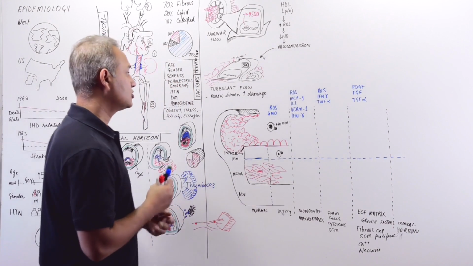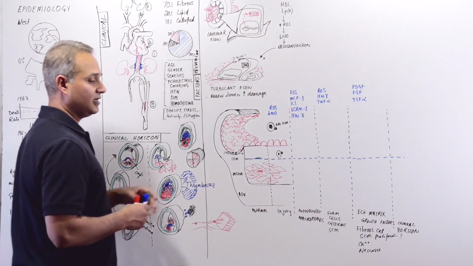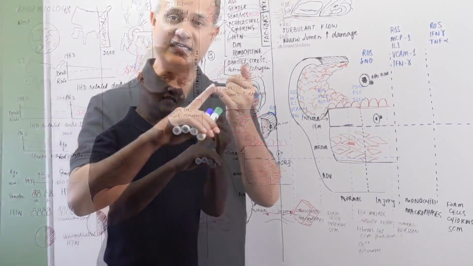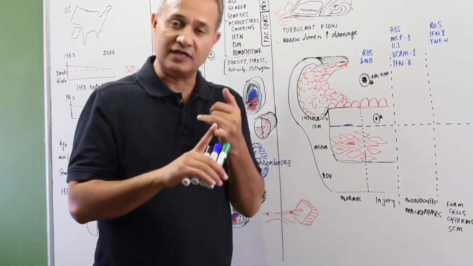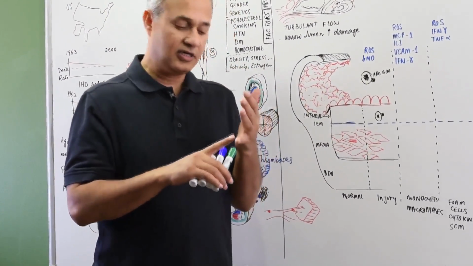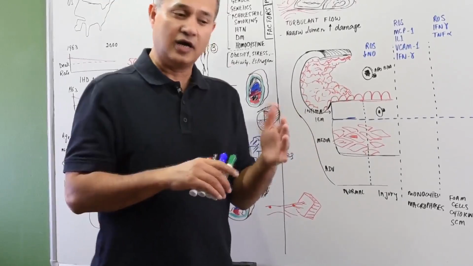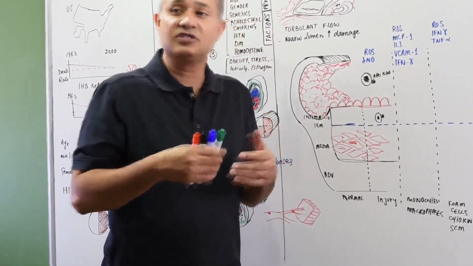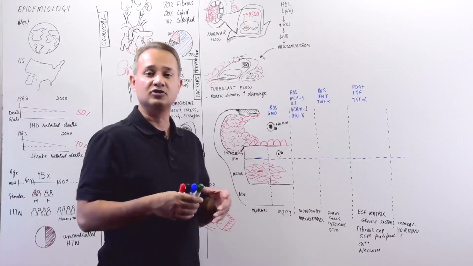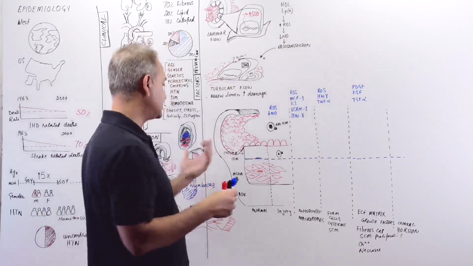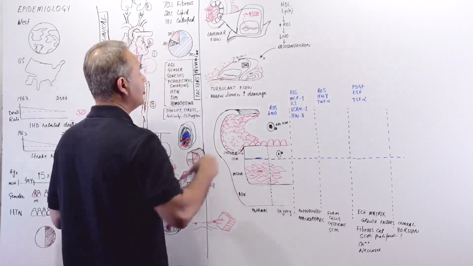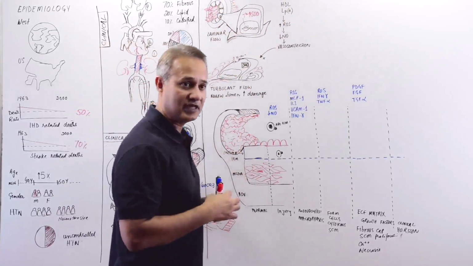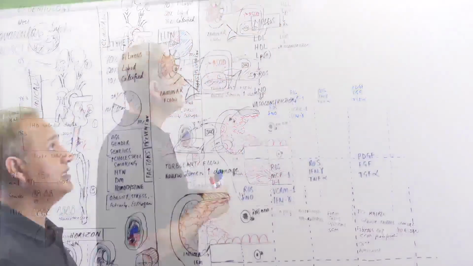Alright, so now let's talk about the mechanisms that cause damage. So we should see the initiation of the damage, how the damage starts, the progression of the damage, how it develops, and then complications of the damage, what happens once it becomes unstable. So let's start. First of all, I'm going to discuss two primary factors that would cause the damage: hypertension and